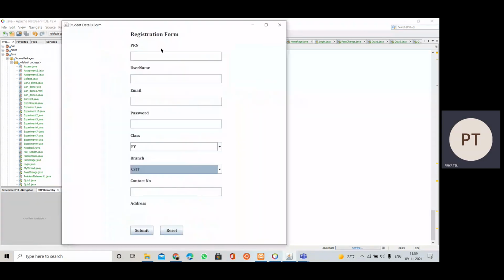So here it is our registration form. Let's try to insert something.